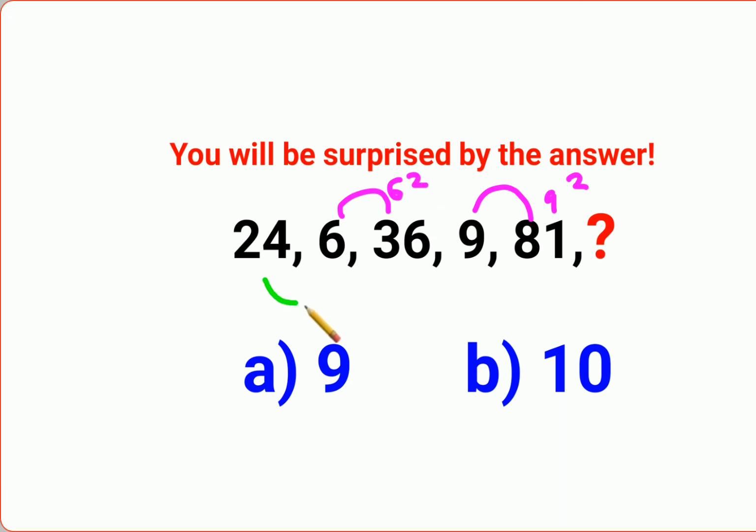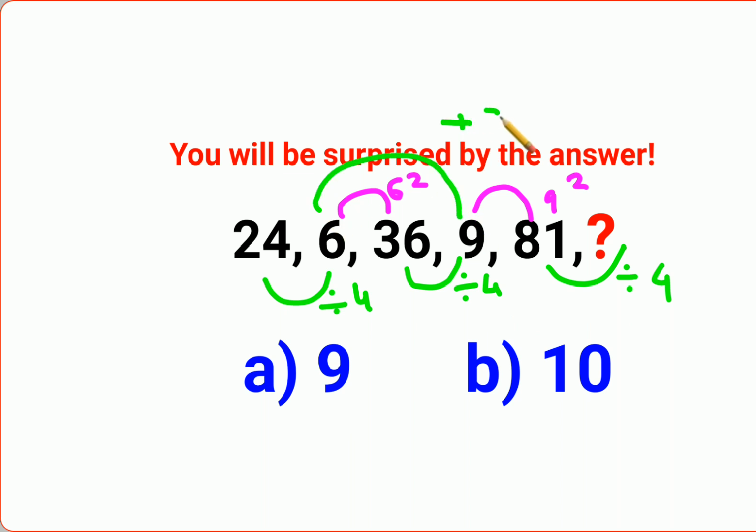But the trouble happens when you need to find the correlation between 24 and 6 as well as 36 and 9. Now people think that this is divided by 4, so here also we should divide by 4. But that doesn't happen. Then some people think there might be a correlation like this, where you add 3 to 6, so you should add plus 3 to 9. But that also is not possible because these are not part of our answers.